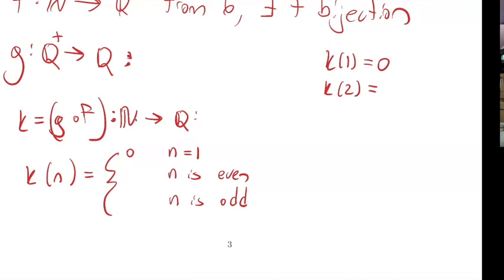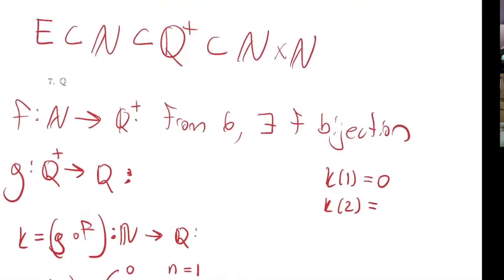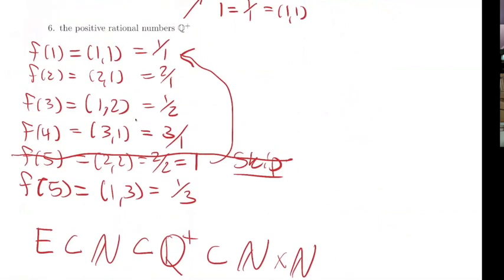Then I'm going to take 2, which is this even number, and I'm going to map this one to f of n over 2. So basically, all of the even numbers are going to count up all of these. So 2 is going to map to this one, 4 is going to map to this one, 6 is going to map to this one. So I'm going to use all of the even natural numbers to map to all of the positive rational numbers, which we did over here already.